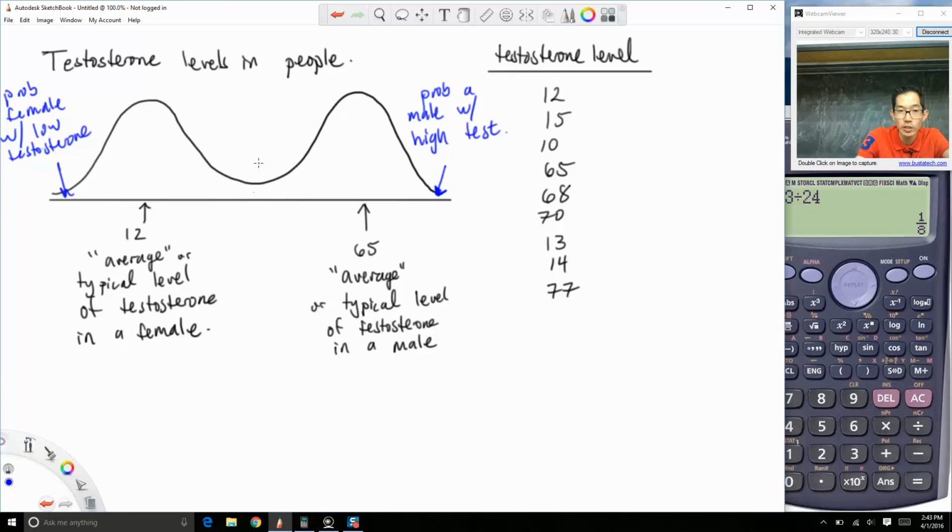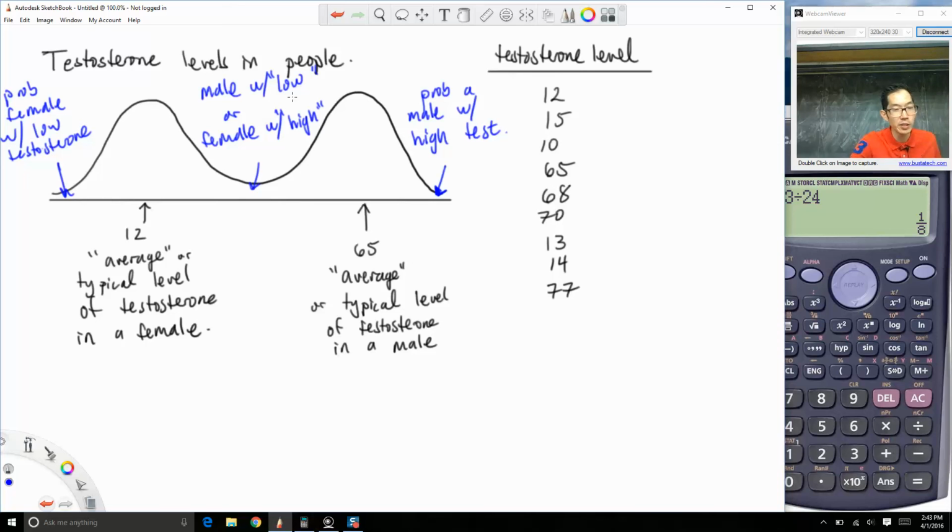Okay, and then someone out here could be a female with relatively high testosterone compared to other women, or it could be a male with relatively low testosterone compared to other men. Who knows? So it could be a male with relatively low testosterone or a female with relatively high testosterone. This is just an example of a numeric variable that